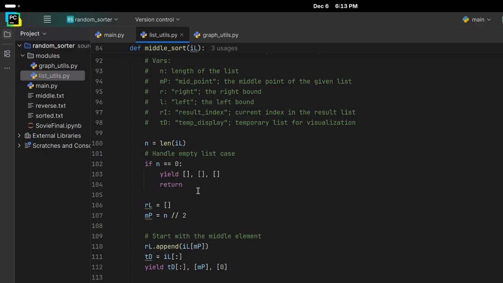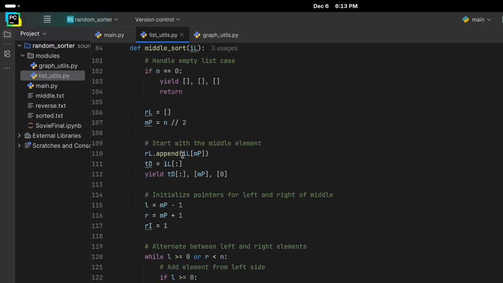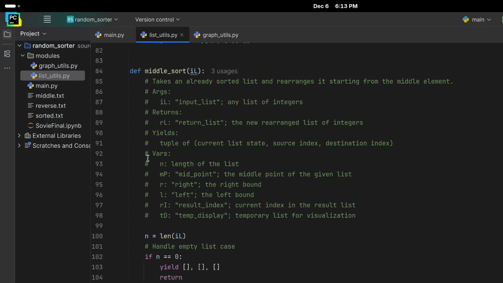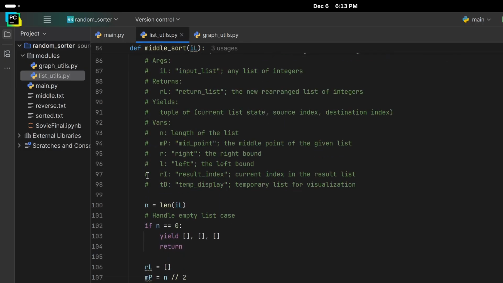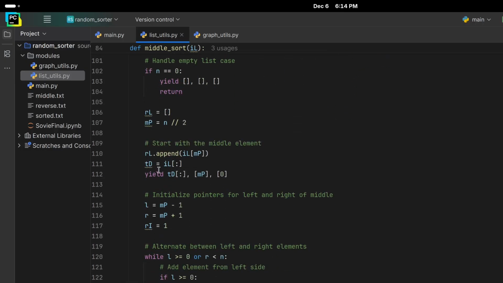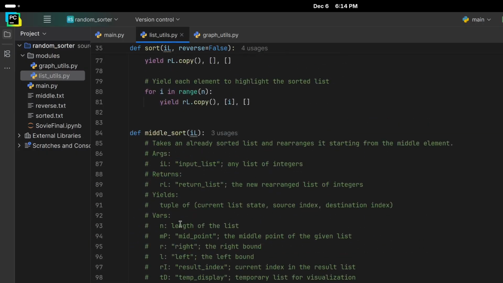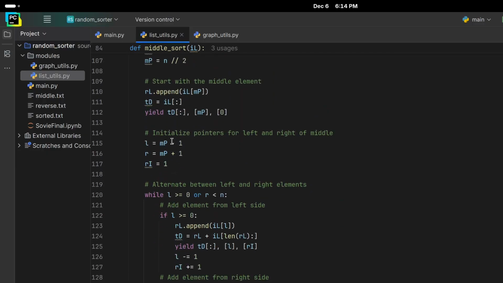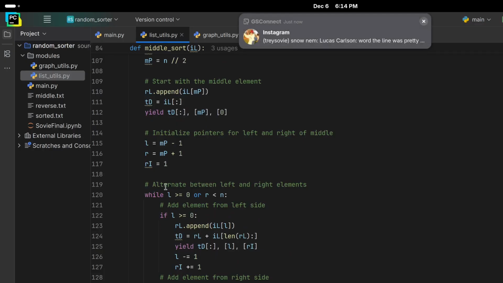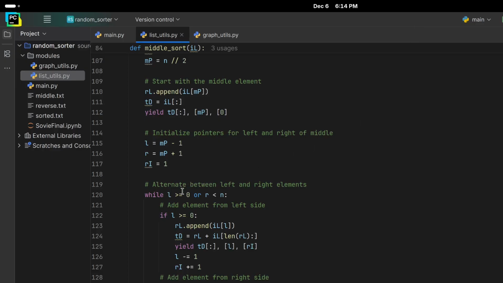So yeah, we floor divide that by 2, find the middle point. And then you start with the middle element, you add that element. Oh right, this is for visualization. Sorry, I forgot because I shorten all my variables, and then I just have an index up here. That is for the yield function, that is for the display. That's the temp display, so that this works with my visualization thing here, because it took a little doing to get it to work. Anywho,